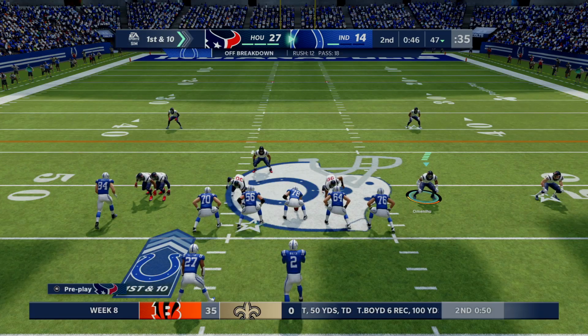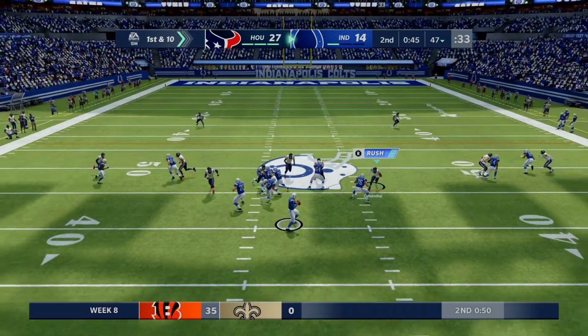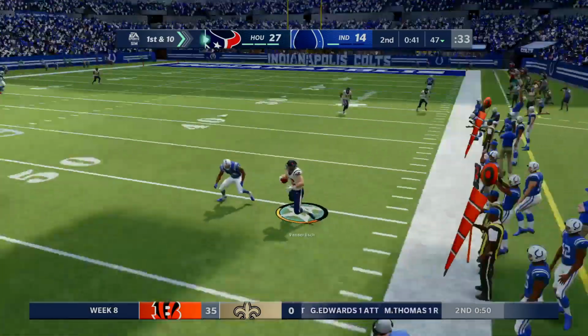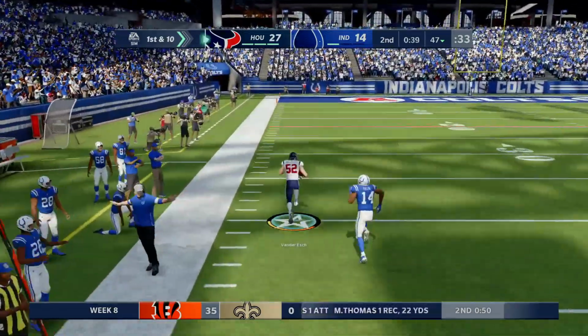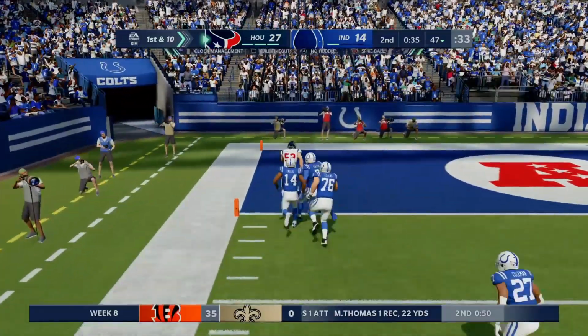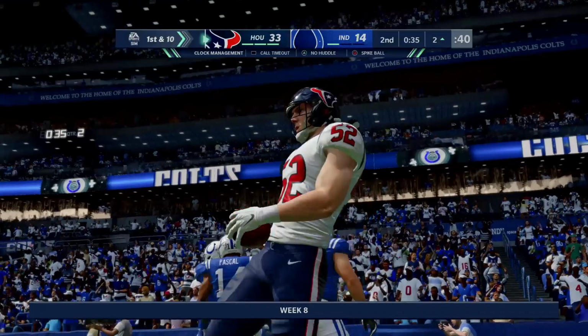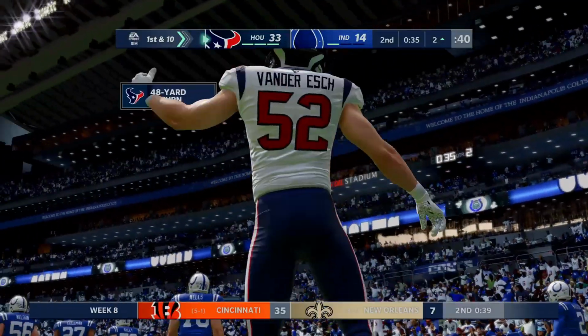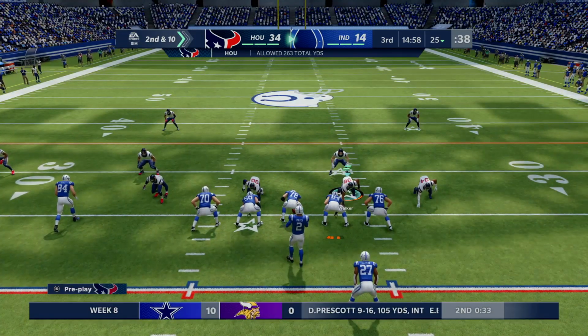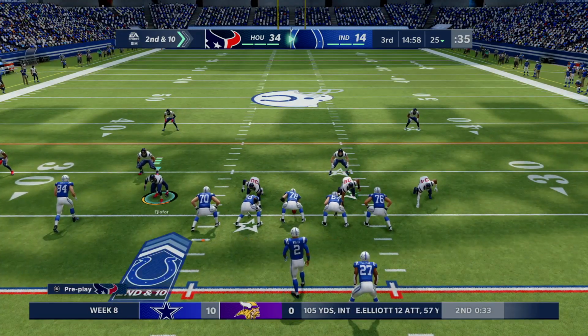Now Indy trying to get another score and keep pace with this. Has the ball at the 47-yard line, 44 seconds to go. Winston will throw the ball. It's going to be intercepted by Van Der Esch. He's off to the races down the left sideline. 10, 5. He's going to get the touchdown. Pick 6, Leighton Van Der Esch, the free agent signing that we were needing. He gets the pick 6 and extends our lead to be